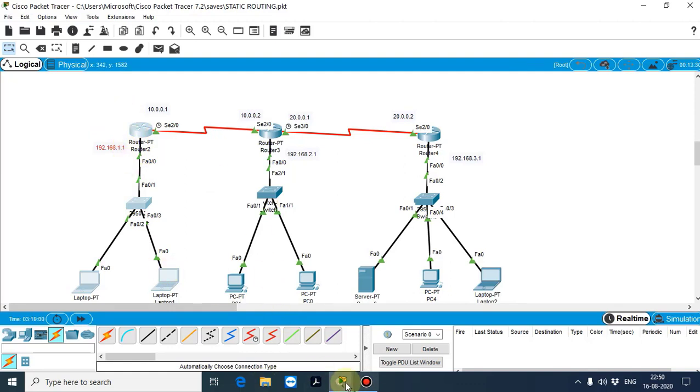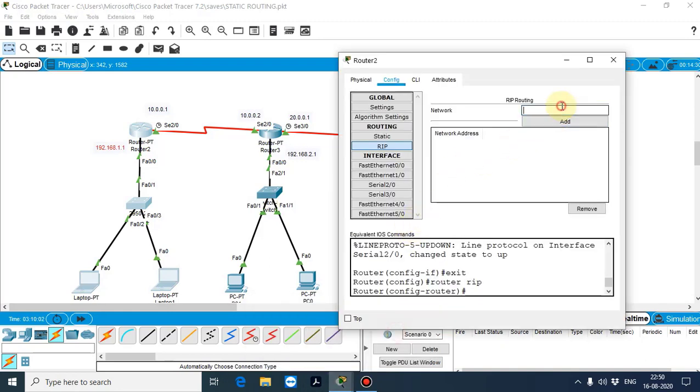Here I'm going to define this router connected to two different networks. So for two different networks, I have to define the network ID, that is 192.168.1.0. So click on add.